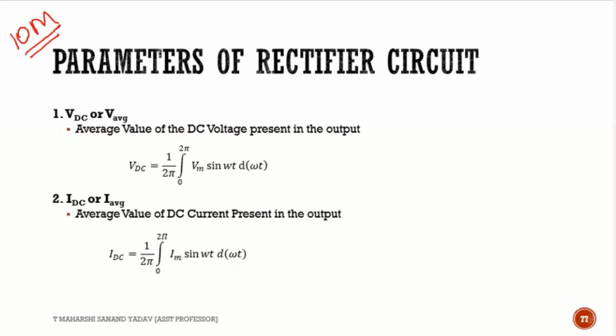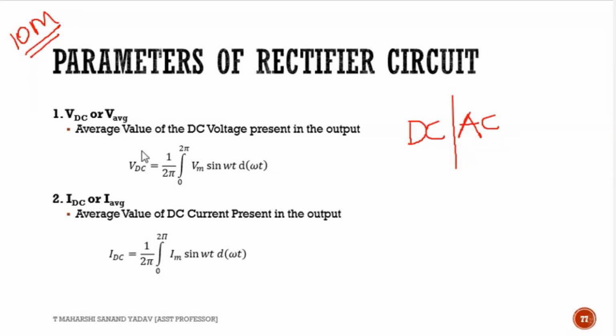See here. So the first parameter is VDC, next is IDC. So first, before going to this, can anyone tell me the difference between what is DC and what is AC? Once you are clear with this, we can go. What is DC and what is AC? Direct current and alternating current. Okay, where are we using DC and where are we using AC? AC is used at home, in the house. Right. DC is for batteries. All the battery powered devices are DC.